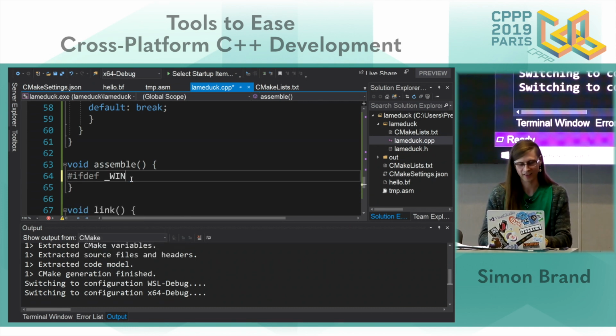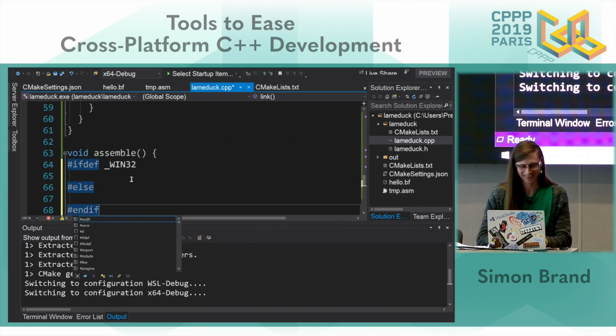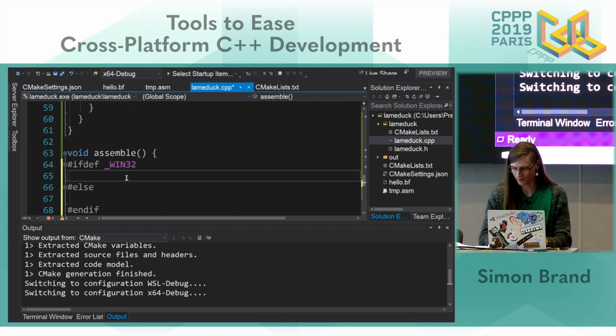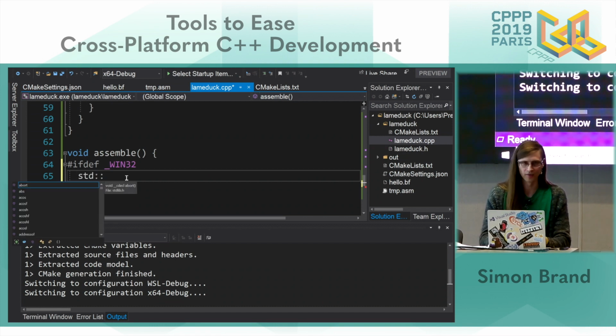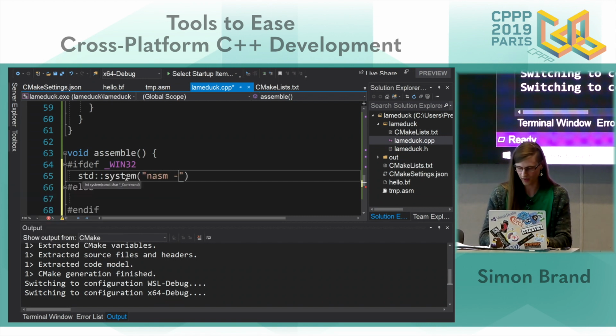You could, of course, abstract this and do it nicely, but I have an hour. Okay, so if we're in Win32, we're going to use NASM, the Netwide Assembler, because it runs on Windows and Linux, and we can just use one assembly syntax. We don't have to bother about conflicting syntaxes, which is just a nightmare. So I can run NASM for Win64,